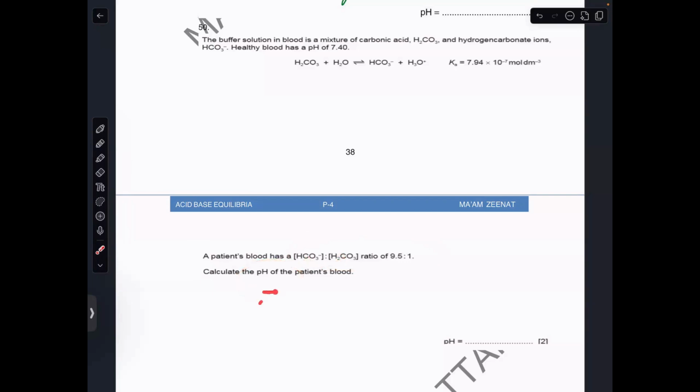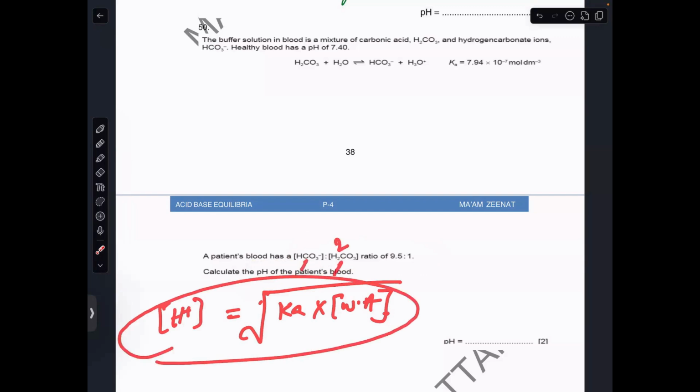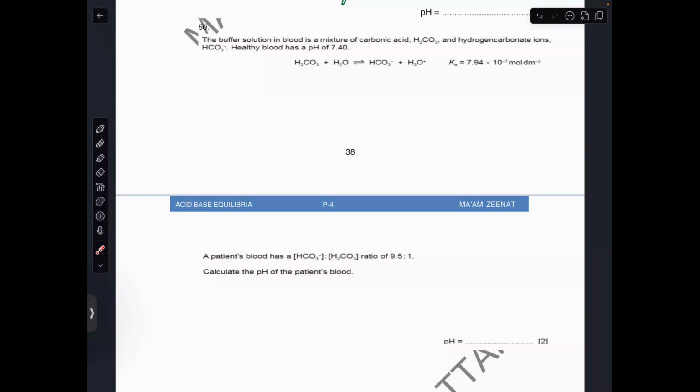We can find the pH by using either the under-root formula, which is used for what? Just a weak acid. But is it a weak acid only, or a weak acid and its conjugate base? It's a buffer, so you are bound to use this formula: H plus equals Ka into weak acid over salt. So what is this ratio? 9.5. There are two H, weak acid and its salt. So what am I supposed to do? Ka into